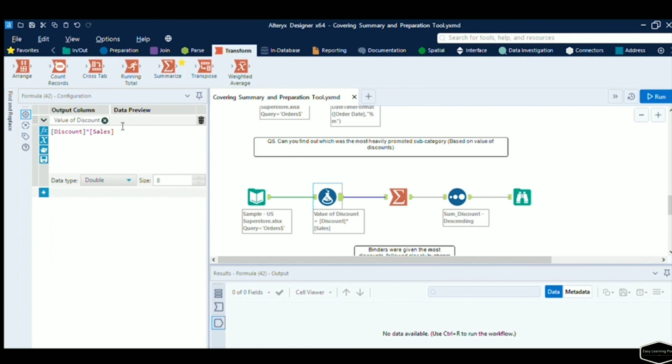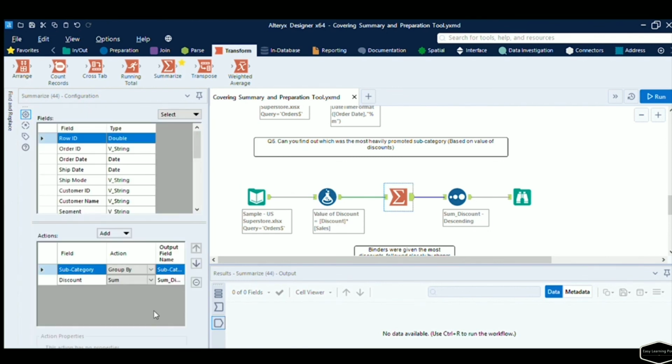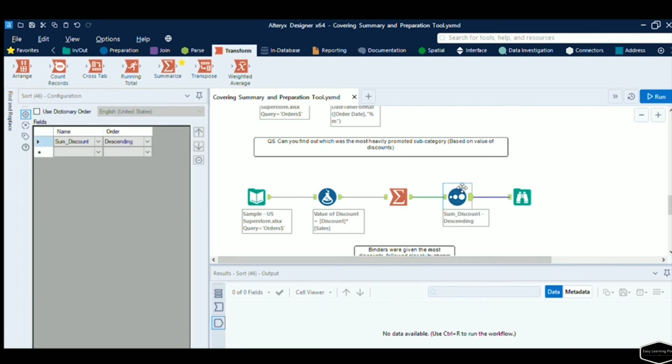So again, we'll use a formula tab here. Discount here is given as a percentage. So we want to find the value of discount. So we multiply the percentage into the sale value, and that'll give you just the discount amount. That's discount into sales. And then after that, we group by subcategory and also by sum of